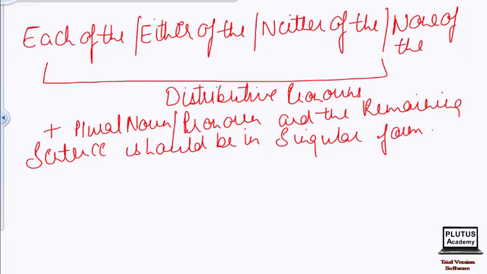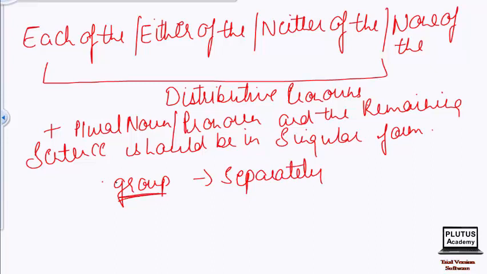See, as I have mentioned in the definition, distributive pronouns denote persons or things of a group separately. So this plural noun or pronoun will denote this group,